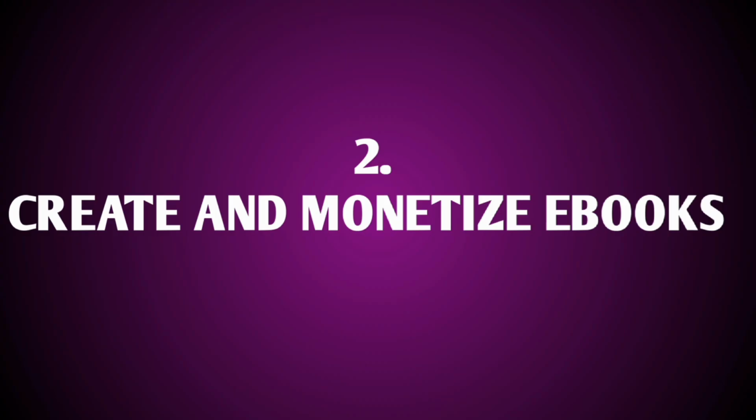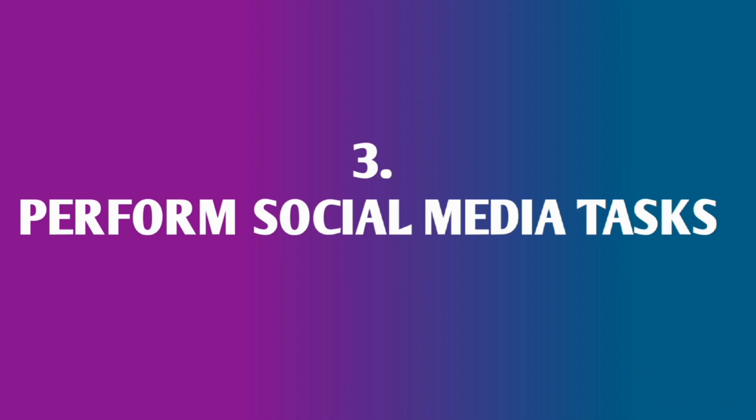Number 2, create and monetize ebooks. You can go to Canva, create an ebook, and write valuable content, not just any kind of content, but evergreen content that people will still be looking for in 10 years, 15 years to come, so that your ebook can stand the test of time. Create it, format it, and then upload it on your page. You can monetize it by locking it. Yes, the PDF itself, with Adobe Acrobat. You can lock it yourself. Next is to